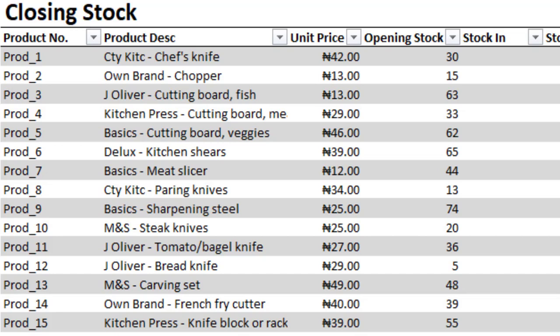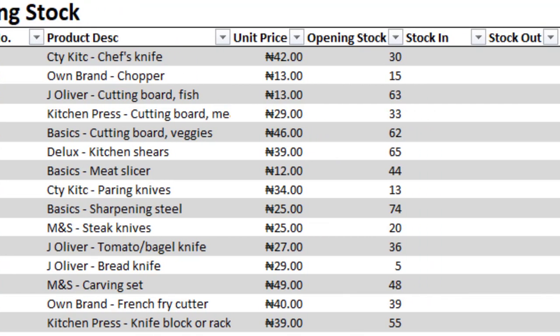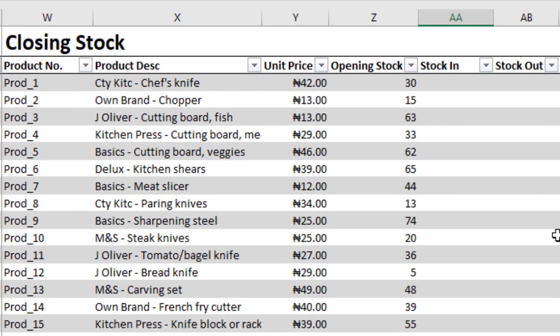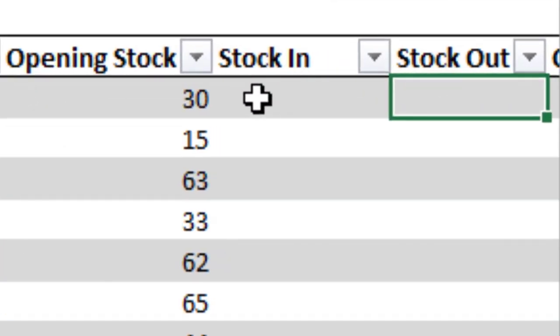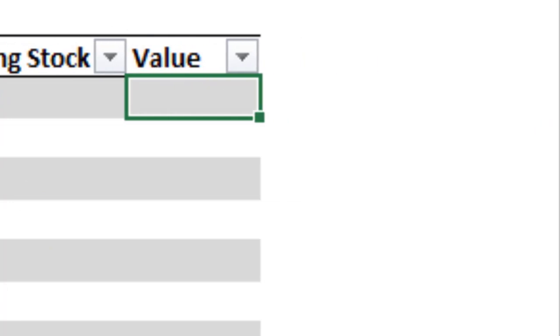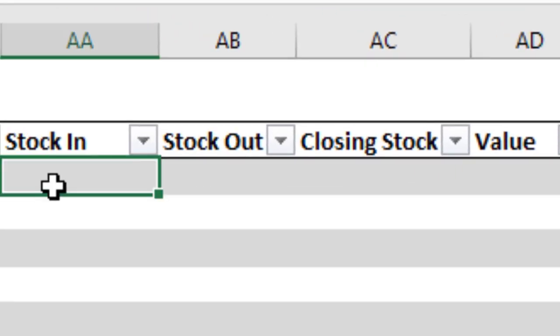So we'll now see what we have done. So for us to tidy up the closing stock table, we have to look at four columns that are empty here. So this is the stock in column, the stock out column, the closing stock column, and then the value. So starting from there, stock in